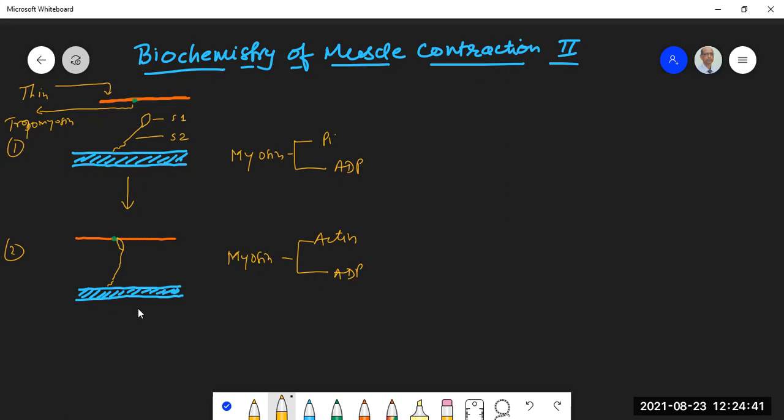I'm repeating it once again. In step 2, what has happened is that when the muscle gets stimulated, when a stimulus comes, and we'll come to know what that stimulus is a little later, the tropomyosin located on the thin filament shifts its place. So now the S1 head can join, touch, and attach to the thin filament as shown over here. So the situation becomes like this. Now stage 3, which I am drawing here.